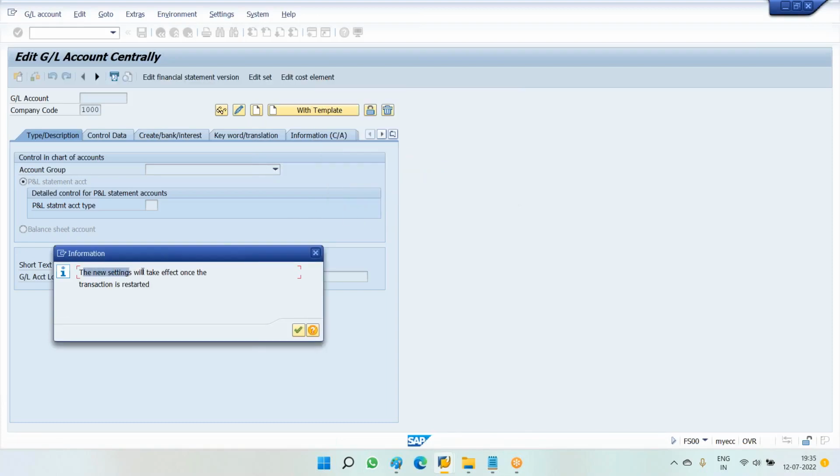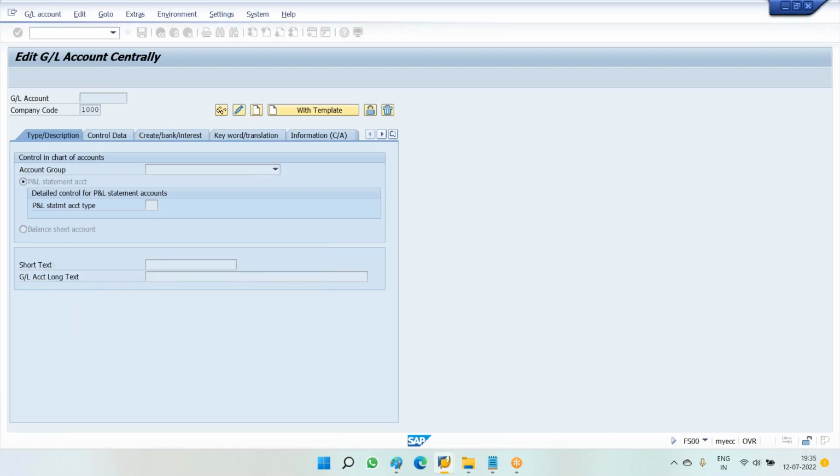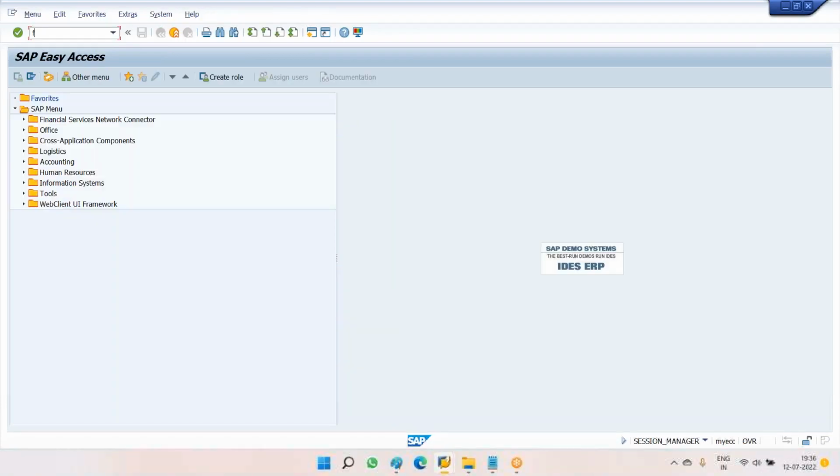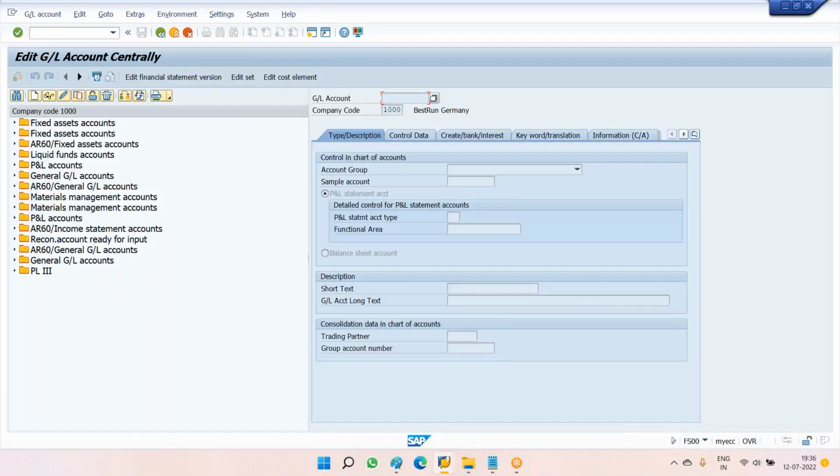It says this is for a new T code. I mean, this new setting will take effect once you restart the same thing. That means again I will type FS00, then you can understand what I am doing. I am clicking the settings button, hierarchy button, and I have chosen navigational tree mode. So click back again and enter FS00 one more time. Press enter. Then system,